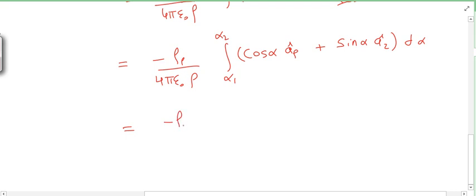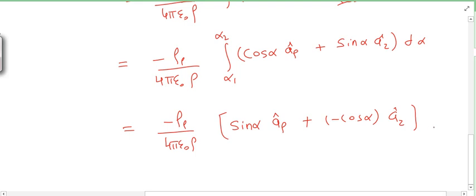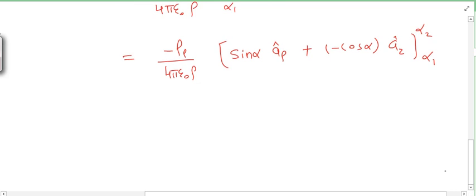So here minus rho L by 4 pi epsilon naught remains the same. Cos alpha integration will be sin alpha a rho cap plus sin alpha integration will be minus cos alpha az cap, and the limits of alpha are from alpha 1 to alpha 2. Now putting the limits,